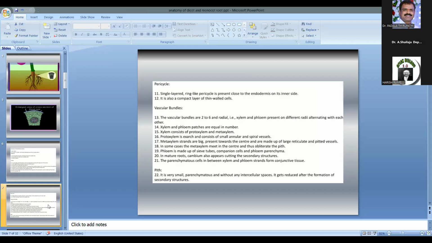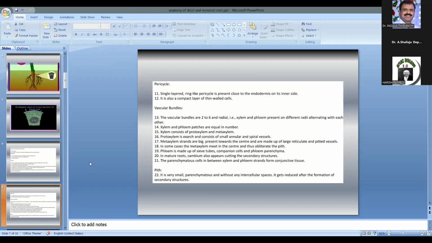And aerial roots of the Ficus bengalensis. The banyan tree, we call it. So in the aerial roots of the Ficus bengalensis, we observe that many layers of pericycle are present, that is called multiseriate. It is generally composed of thin walled cells. In the Salix, that multi-layered pericycle is made up of thick walled cells. And the phellogen and part of the vascular cambium originate in the pericycle. Coming to the last one, vascular bundles. See here that vascular bundles are 2 to 6 and radial. These are present alternate and radial.